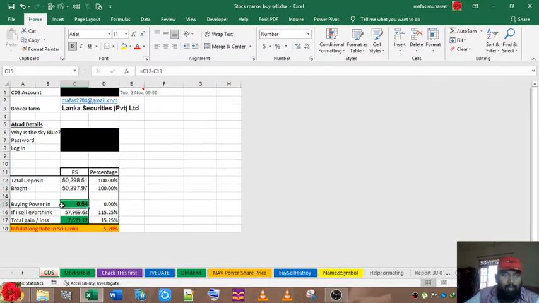Buying power: currently I don't have much buying power, so notice. This much amount I gained, and this is the total return percentage if I sell it. According to me, this is the return amount and return percentage. So, the inflation rate like that. So far I haven't sold anything.